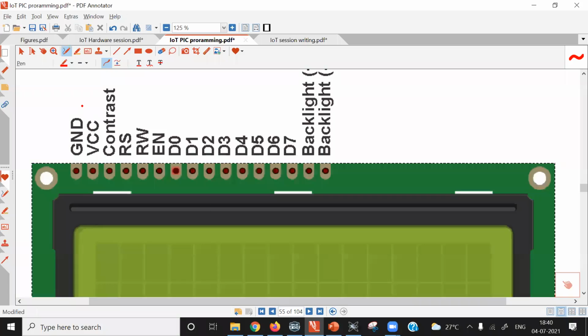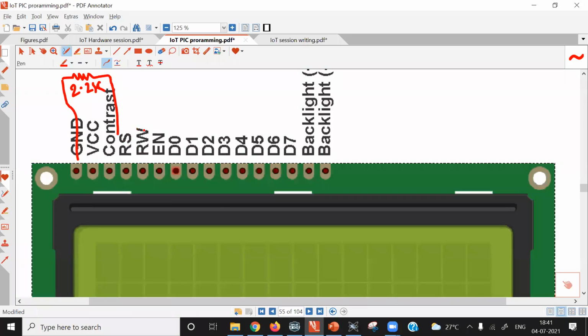So you must connect a 2.2K resistor between the contrast pin and ground. If you connect a resistor of value 2.2K, you will get optimum contrast. The ground pin is here.